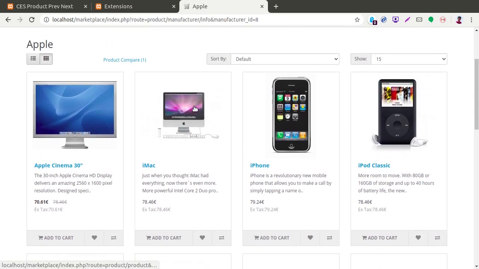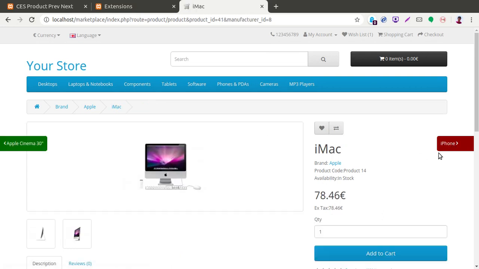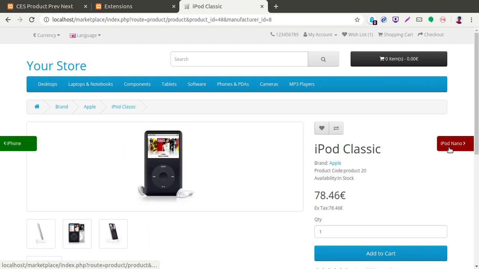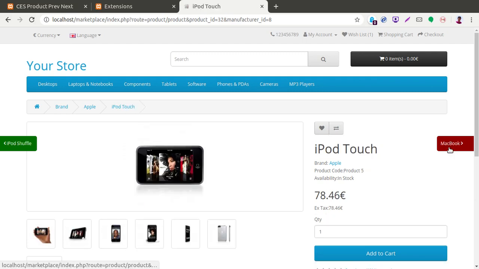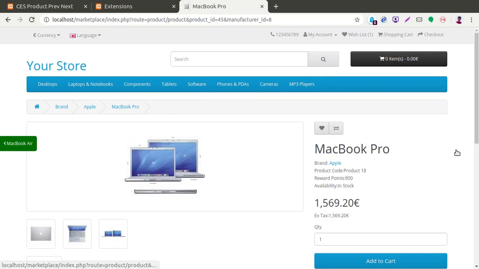So if I go to Apple Cinema, there is no previous product, as you can see on the search page also. Same with the search results, there is no change. The next and previous products are based on the search results that have been showing on the search page.